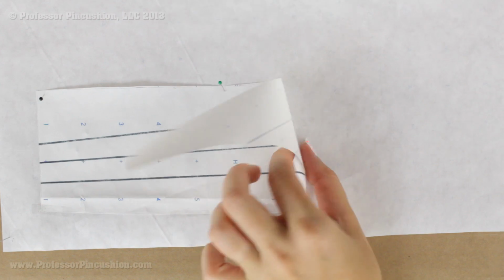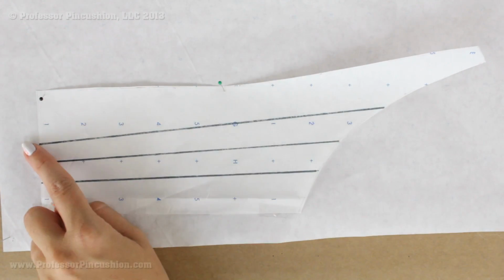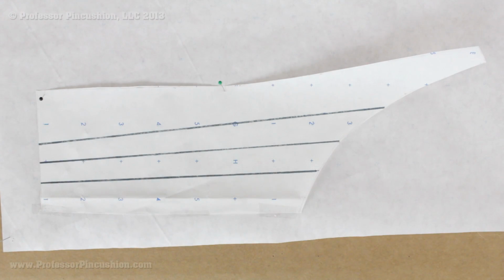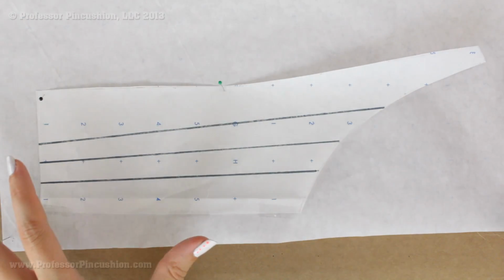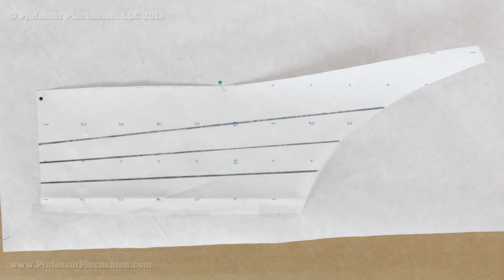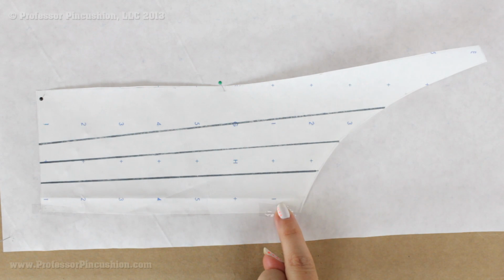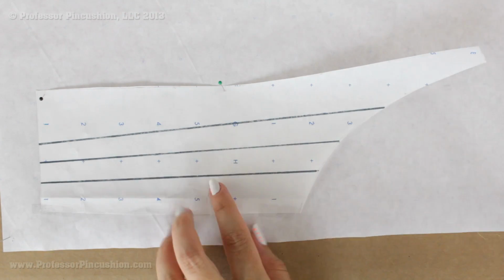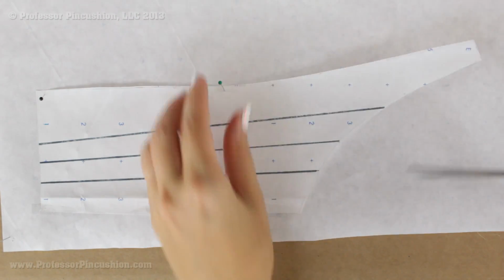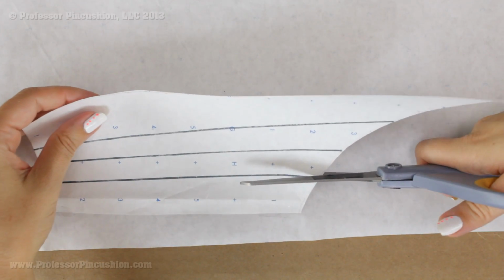Here I have the outline of my pattern piece that I'm creating, and I went ahead with a pen and drew where my tuck lines were going to be. All I'm going to do is put another sheet of paper underneath, and make sure it's bigger than your piece because you're going to be spreading out and you want to make sure that you're covered. On one edge, the edge I'm going to start with, I'm going to tape that down into place. I'm just using a little bit of tape here. And right on my tuck line, let me remove these pens so it's easier, I'm going to cut right on this line,